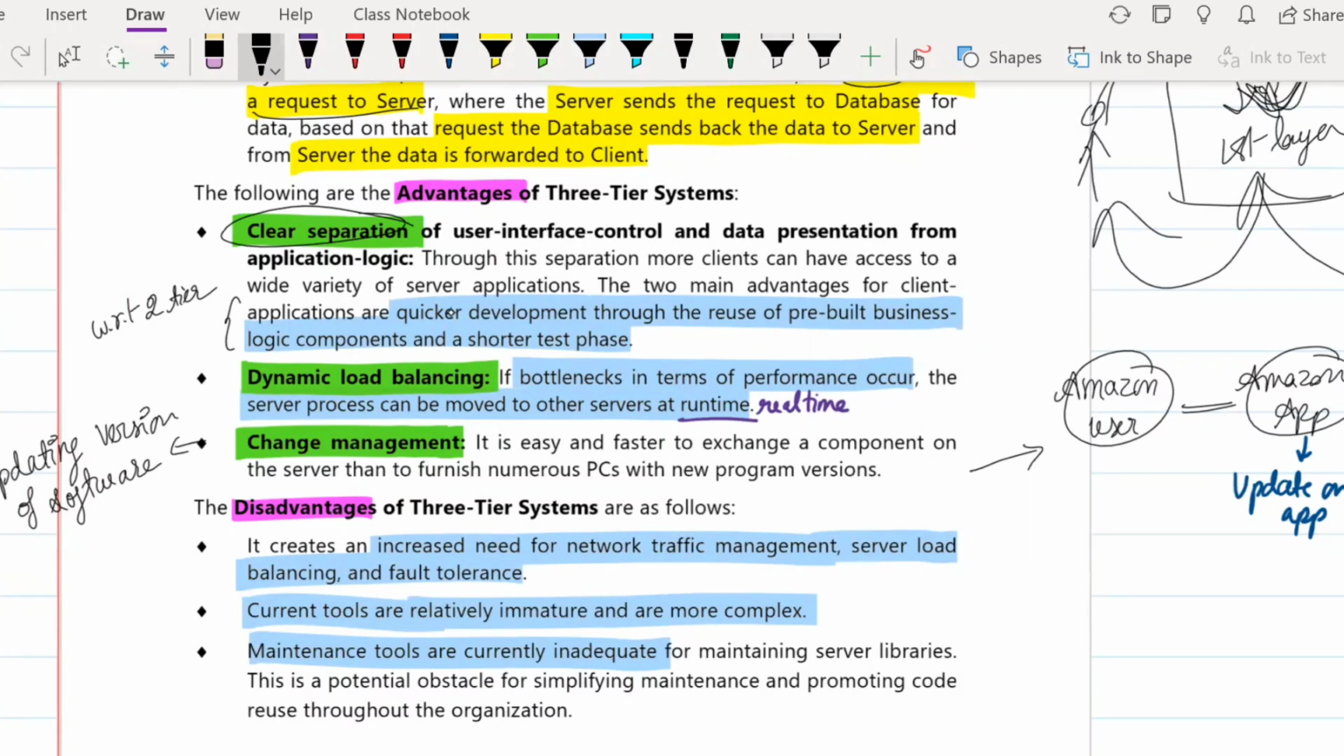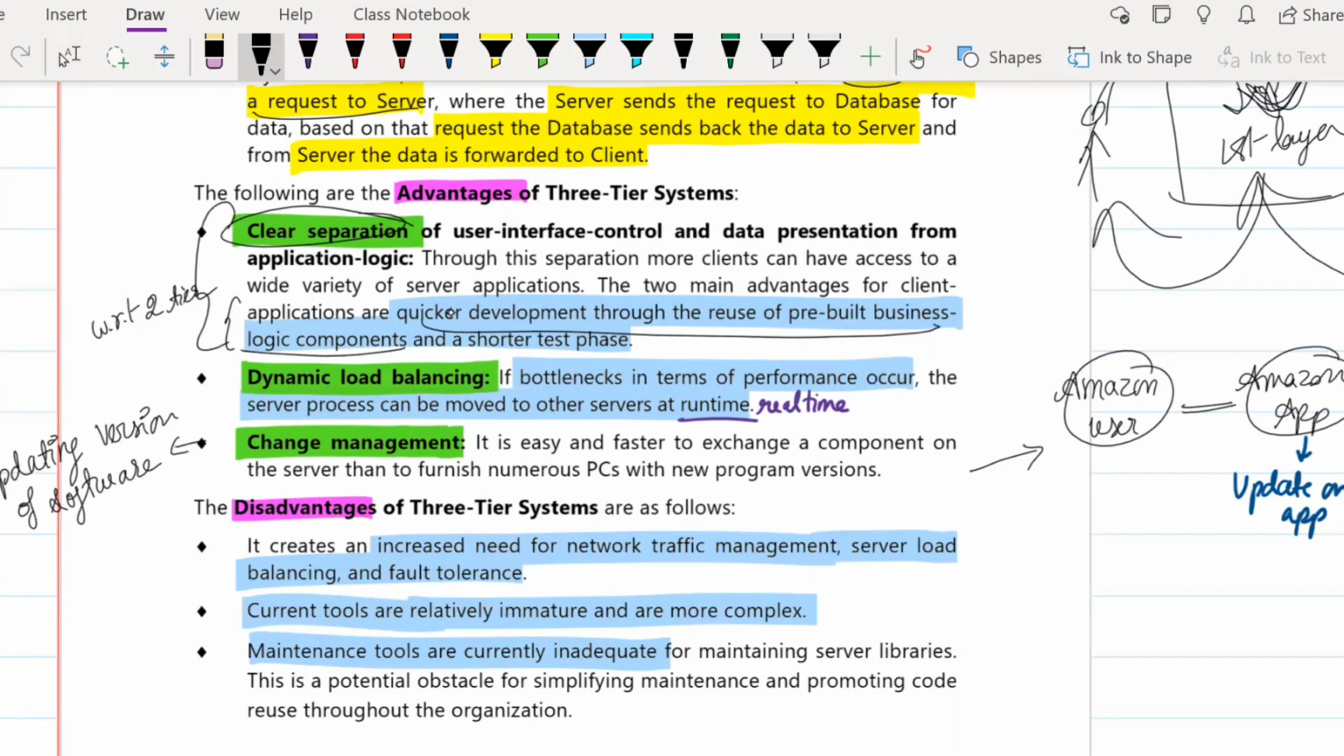All the 3 layers know what job they have to do, when they have to do it, and how they have to do it. So all the 3 layers specialize in that. So in comparison to 2-tier and 1-tier, this has a better separation. Correct. And then here what they are telling is that there is a quicker development through reuse of pre-built business